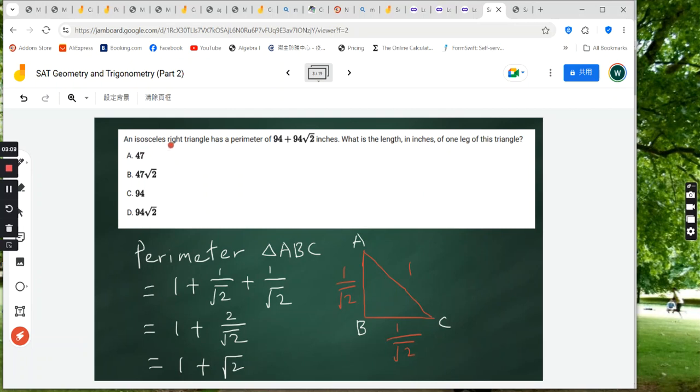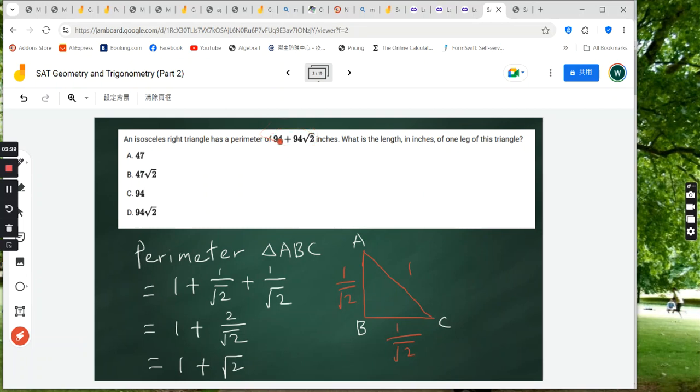An isosceles right triangle has a perimeter of 94 plus 94 times square root 2 inches. What is the length in inches of one leg of this triangle? All right, so this is an isosceles right triangle, and let's look at an isosceles right triangle that is similar